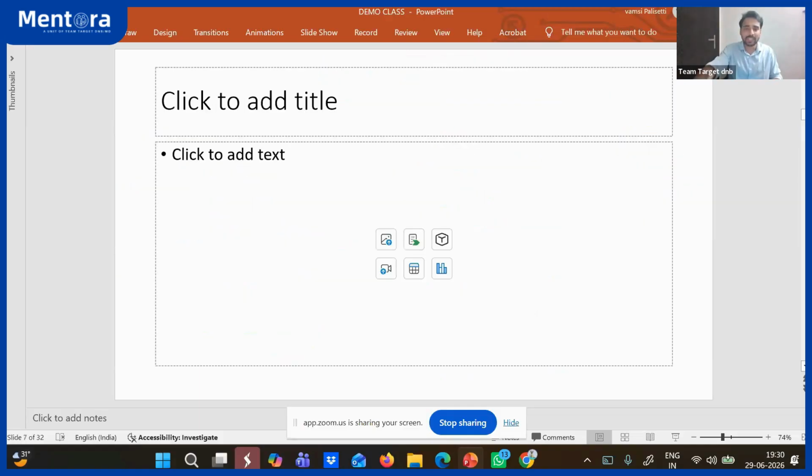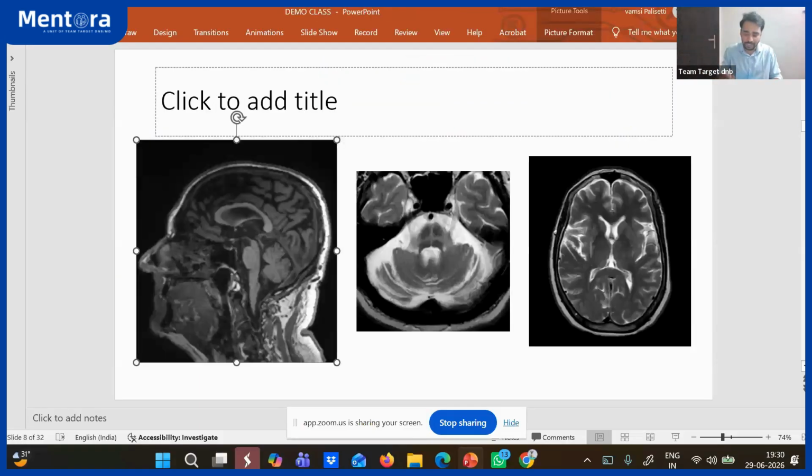So let us see the images I will show you here. When you see the first image, I think everyone can see the image. This is the sagittal section of the brain. When you see, this is your brainstem. This is completely your brainstem. Okay. So this part is your midbrain. This is your pons, and this is your medulla. Right. And note down here: this is midbrain, this is pons, and this is medulla.